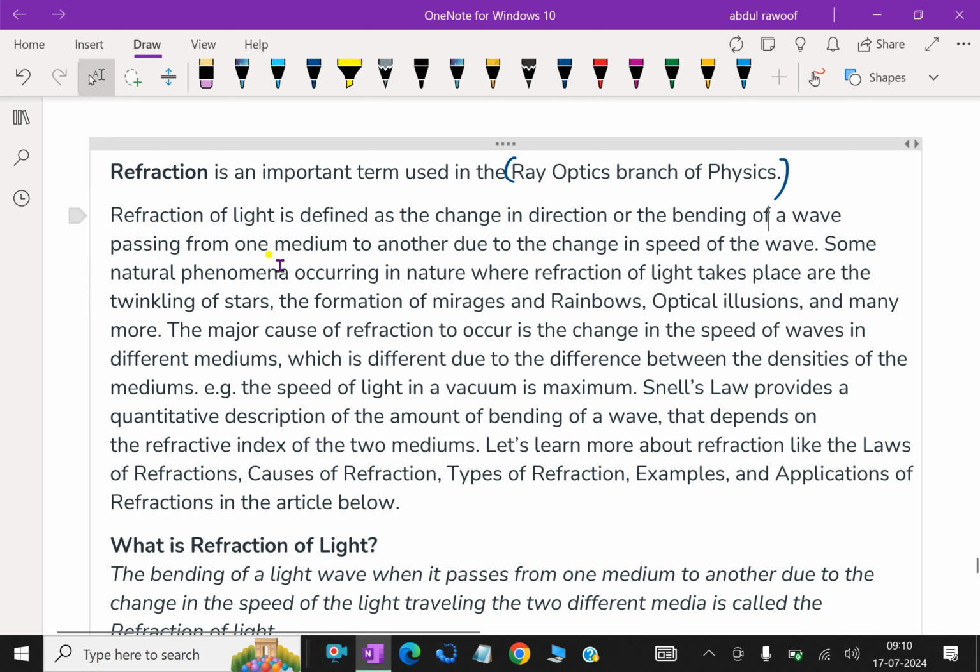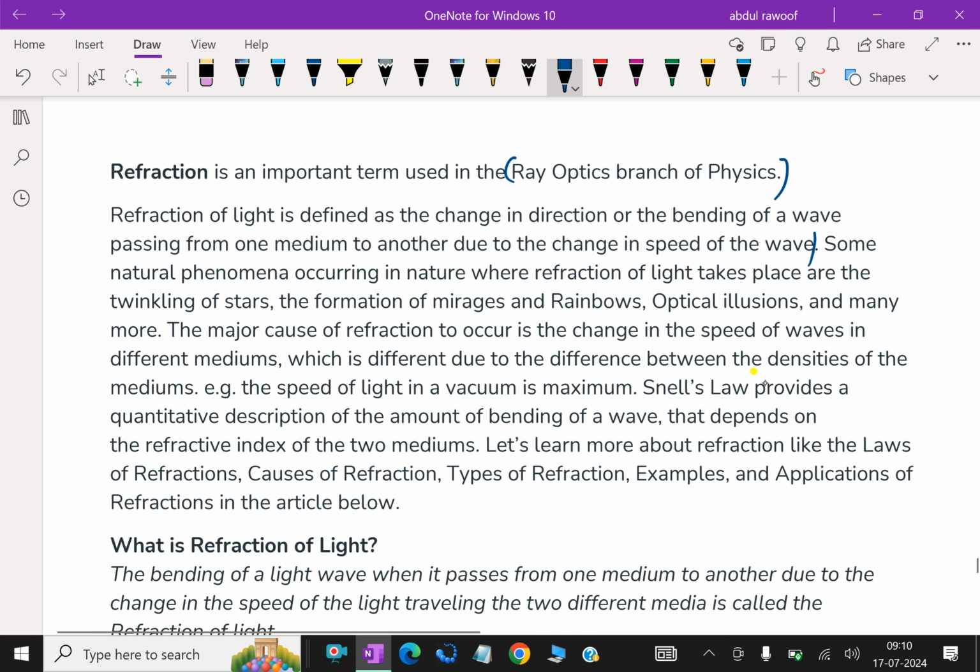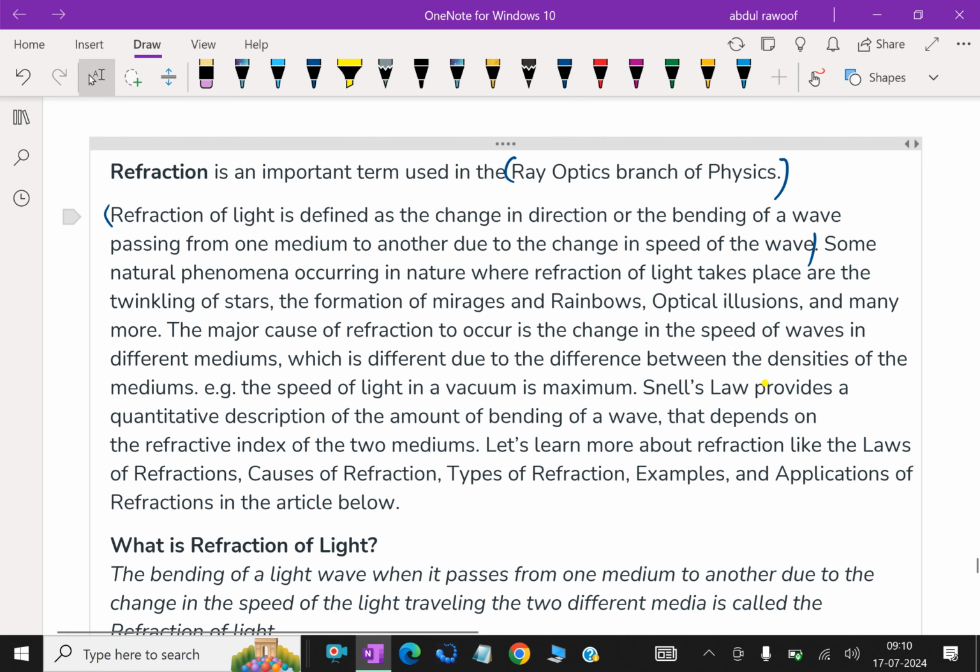Refraction of light is defined as the change in direction, or the bending, of a wave passing from one medium to another due to the change in speed of the wave. Light passes at different speeds in different media. Some natural phenomena where refraction of light takes place are the twinkling of stars,